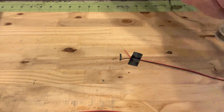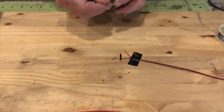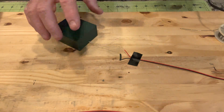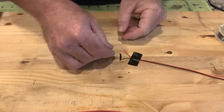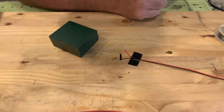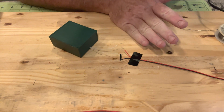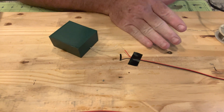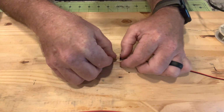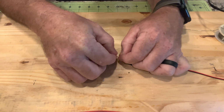So what we're going to do first is simply solder one of those wires to here. It doesn't really matter if we try to figure out which is positive and which is negative. It doesn't make a difference here. It will once we start plugging lights in. So all we're going to do here is simply wrap wire around the